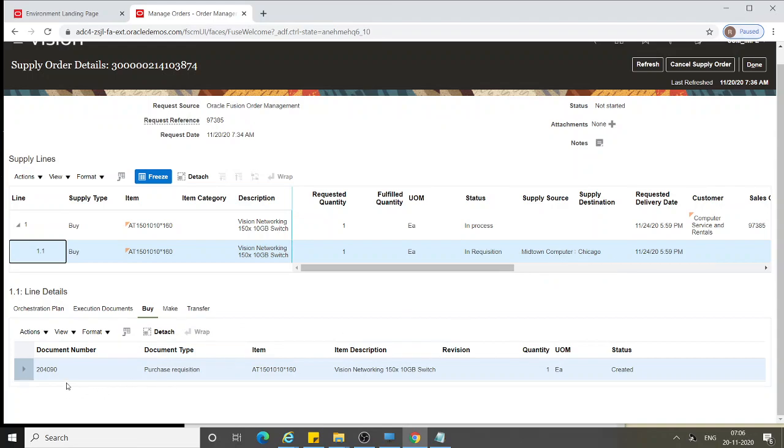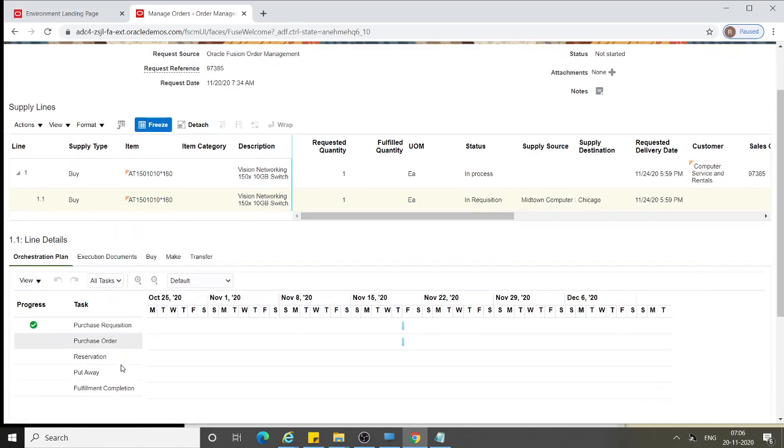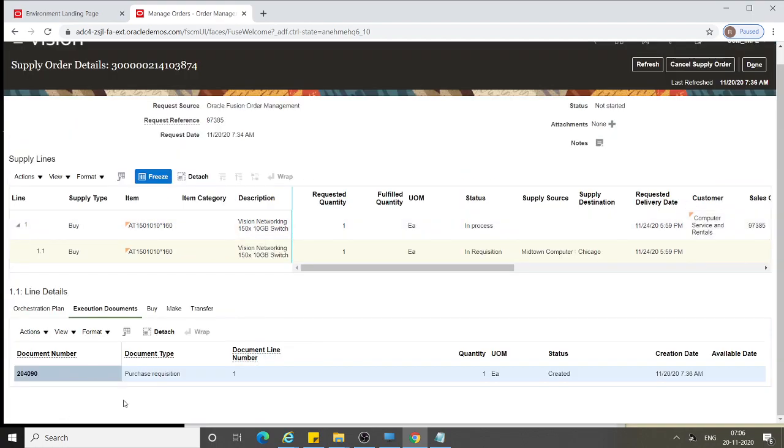Again, if you go to the orchestration plan, it will display the different tasks. First it has to create the purchase requisition, then the purchase order, then a reservation, until it gets completed. If you go to the execution documents, here you will see the requisition. The system is yet to create the purchase order.